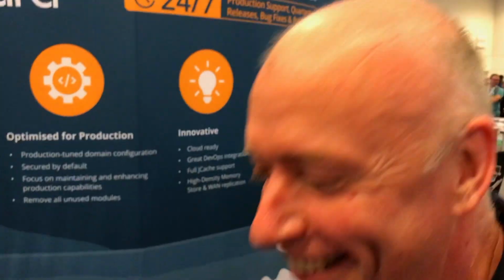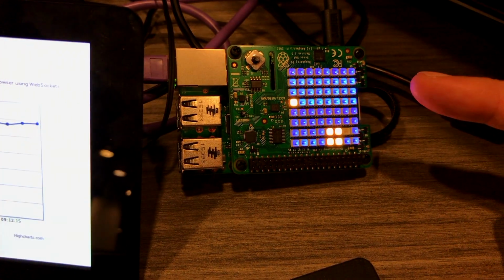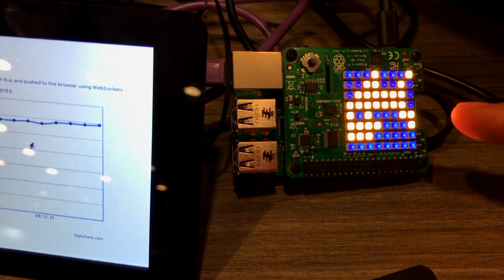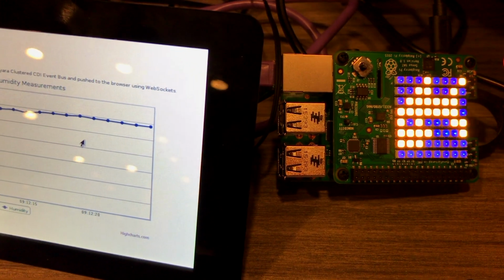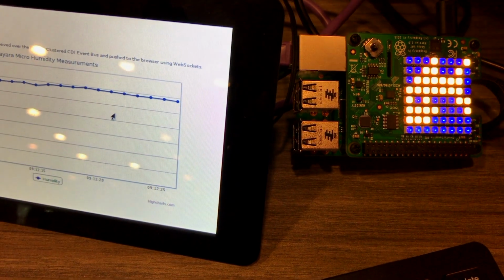Now, we have something new here at the Payara booth, an EJB timer on MicroProfile, right? That's right. So are we recording now? Yeah. Okay. So we have an EJB timer that's driving an LED display. We also have an EJB timer that is measuring humidity. This is a Raspberry Pi with a Sense HAT on that measures humidity. It's firing EJB